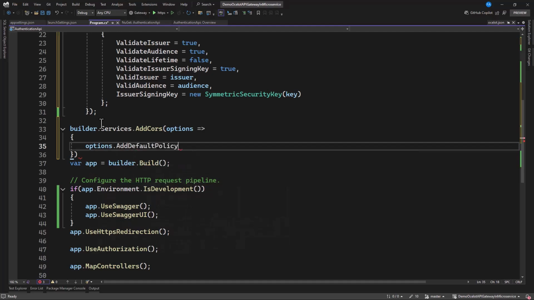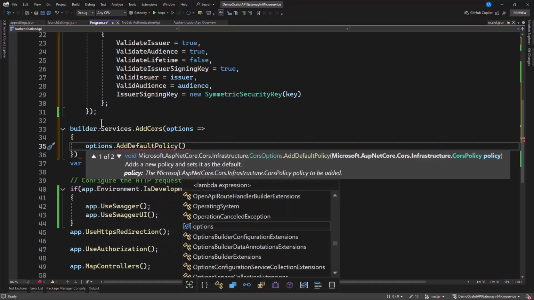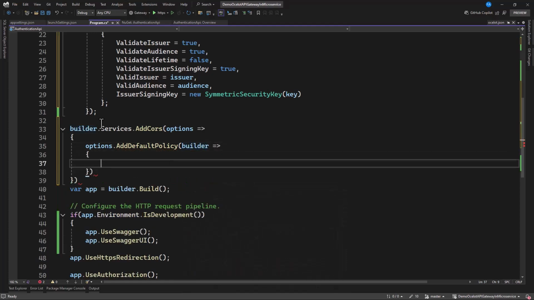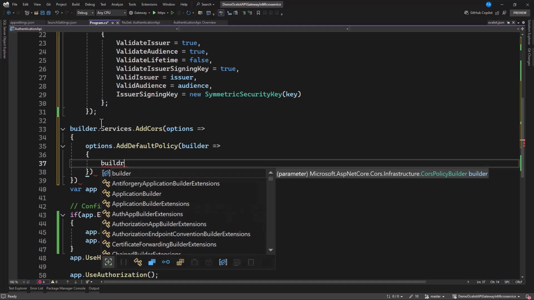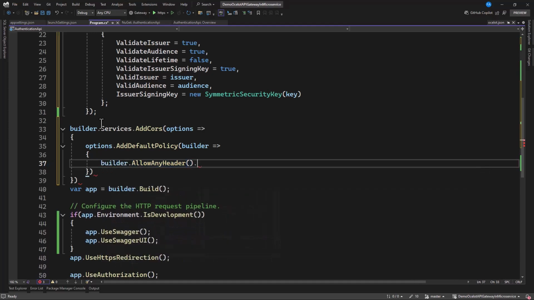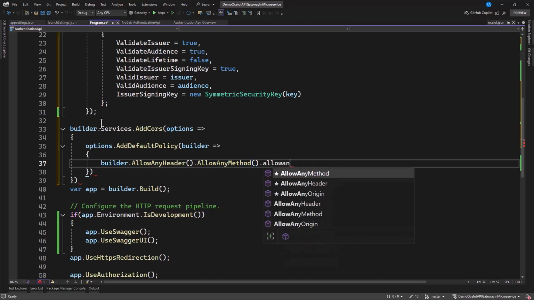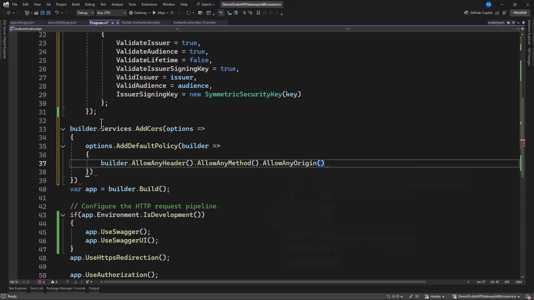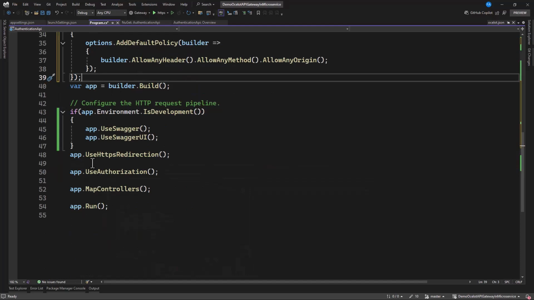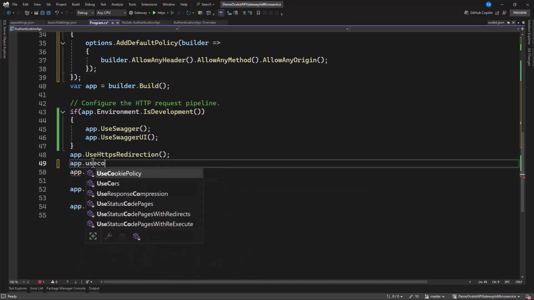Now on this policy, we can have a builder. Then we have builder.AllowAnyHeader().AllowAnyMethod(), then .AllowAnyOrigin(). That is what we want. So when we are done, let's register this: app.UseCors.